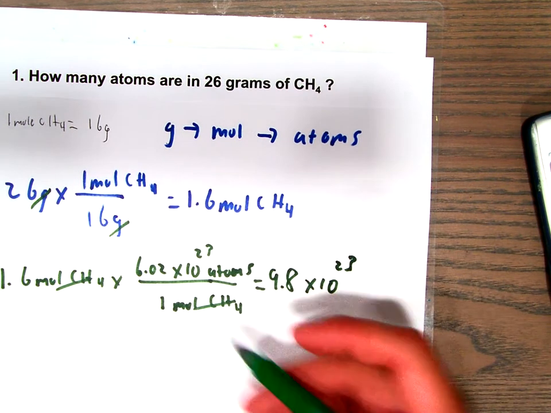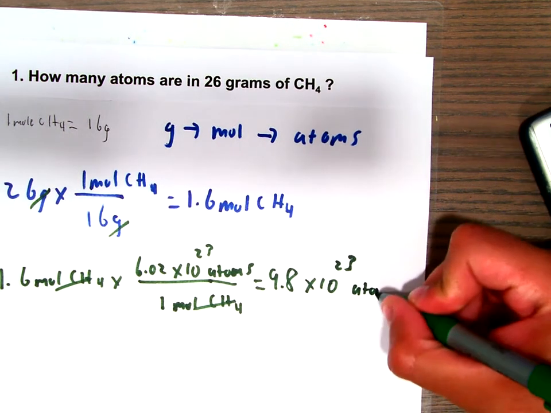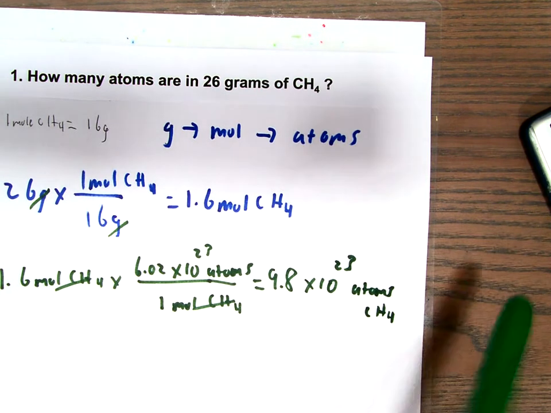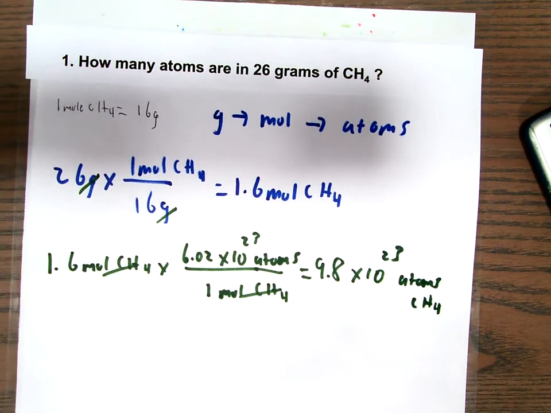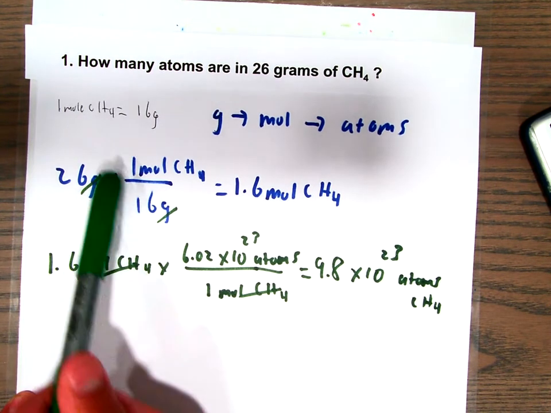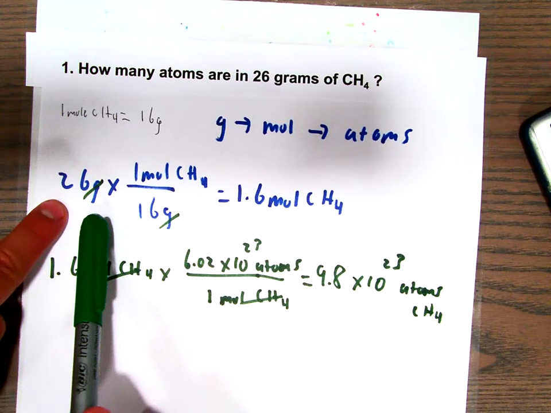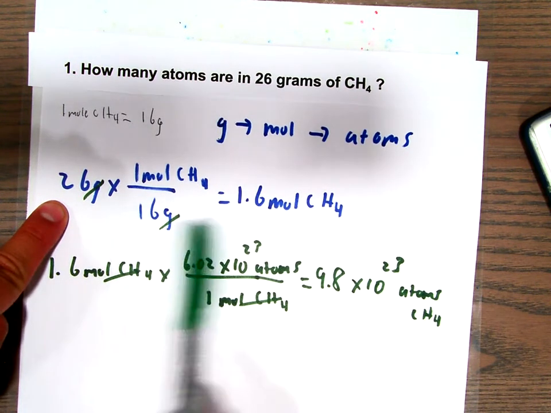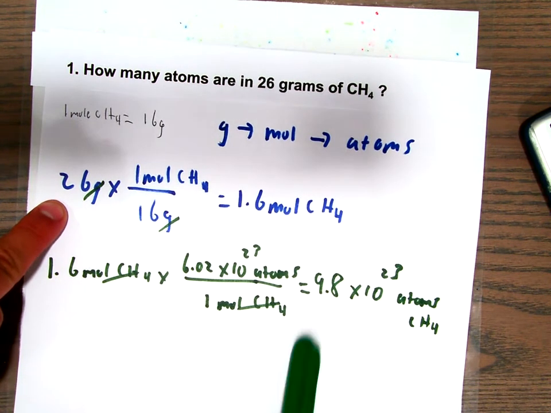My units would be atoms of CH4. Okay, so in other words, I can calculate how many atoms are in a certain amount of mass. So I can get a mass and I can figure out how many atoms there are, just by simply doing this stoichiometry problem here. Okay,